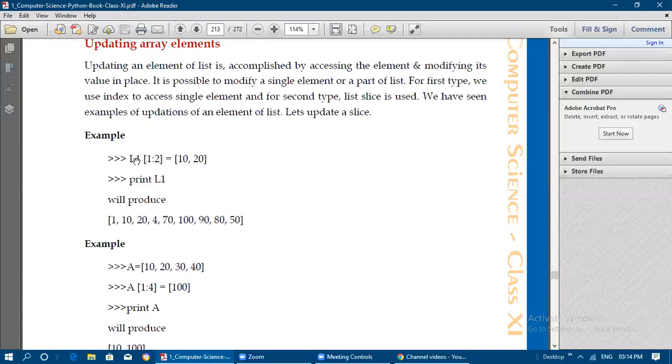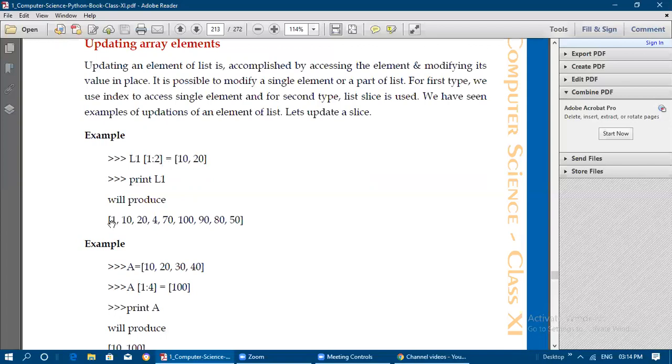So L1[1:2]. 1:2 means only the first element, that is one element only, no? 2 minus 1 is what? L1[1]. L1[1:2] will give the elements 10, 20 to be updated in this place. That is the meaning of this statement. So 10, 20 is going to be updated in the first location.